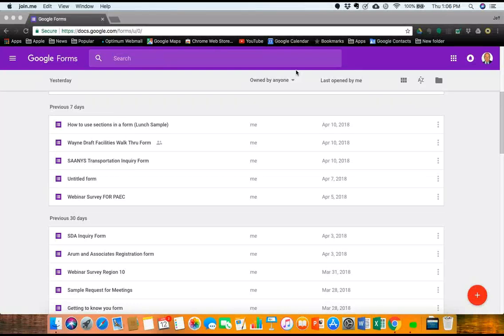Google Forms is a form creating application. It's free. And I think people automatically assume that if you're going to create a form, you want to create